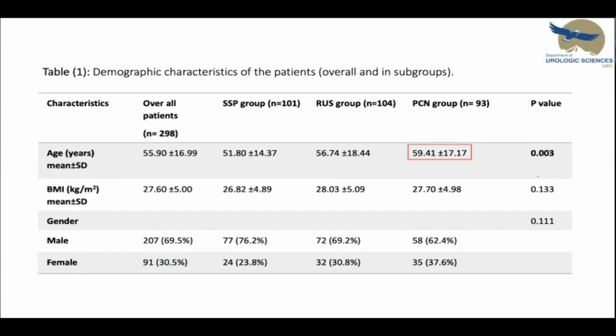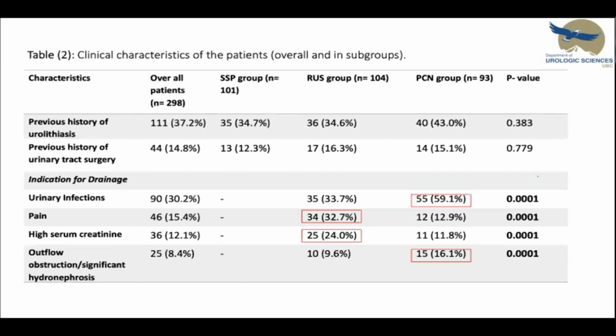We see that 69.5% of the patients were male and 30.5% were female. Clinical characteristics of patients, previous history of urolithiasis and previous history of urinary tract surgeries, showed no significant differences between the groups. Here, the indication for drainage, we see the urinary tract infection